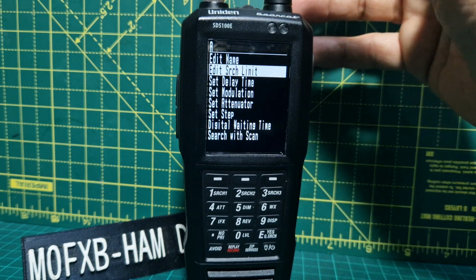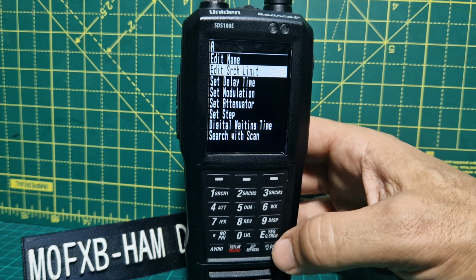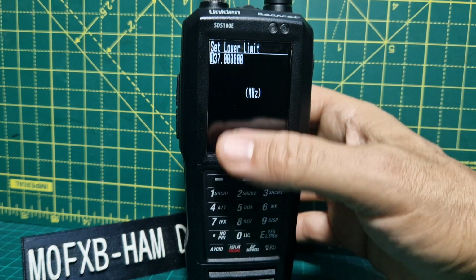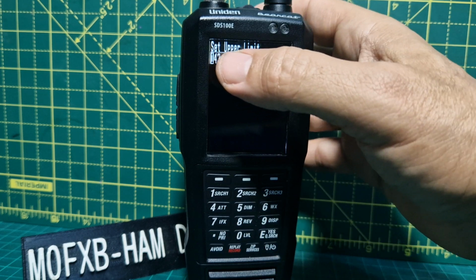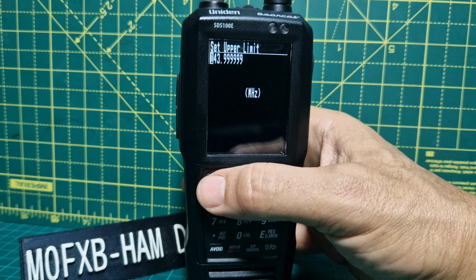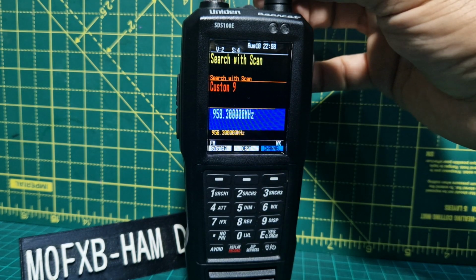We can also edit the search limit. So that's the start and the finish frequency that it scans. So we'll just go enter. At the moment it's at 137. Press enter again. And it's at 143. That's where it finishes. So if we go back to scan and then hold, find the one that we called